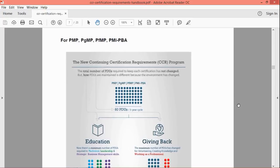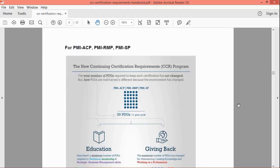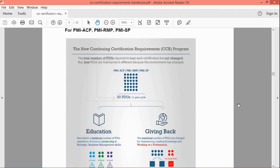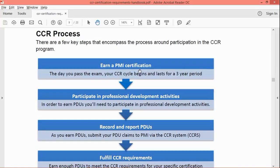On the next page, you have the breakdown of the PMP, PGMP, PFMP, and PMI PBA with some visuals there. And on the following page, for those that only require 30 PDUs, on page 8, you have the visual breakdown for the PMI ACP, the PMI RMP, and the PMI SP. On the next page is the CCR process, the breakdown of what happens from the time you earn a PMI